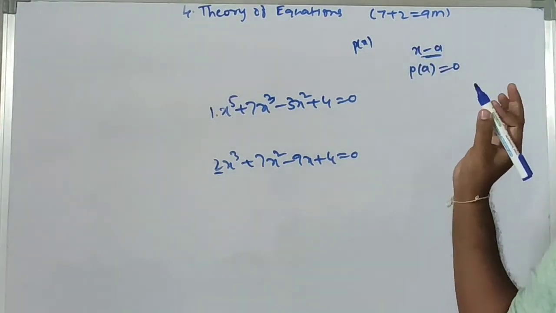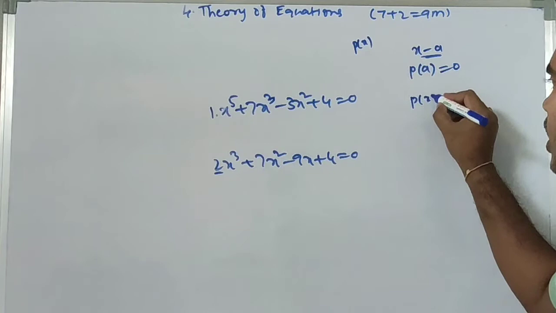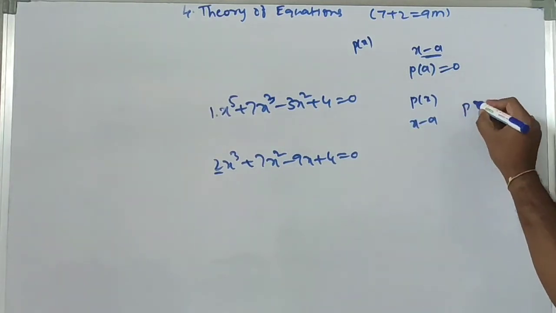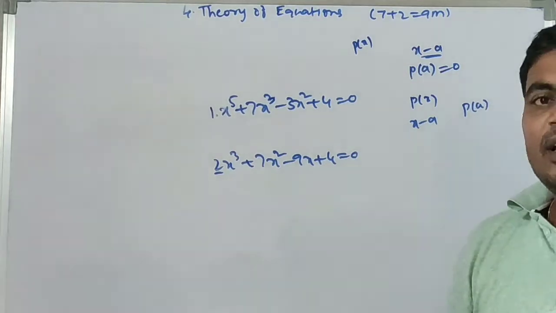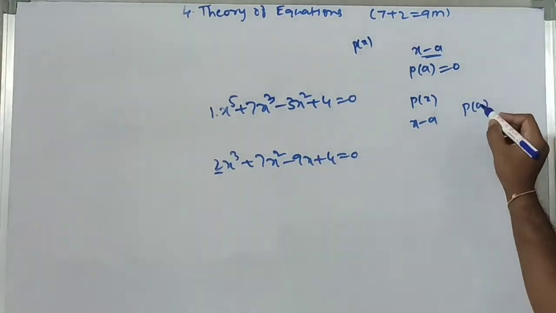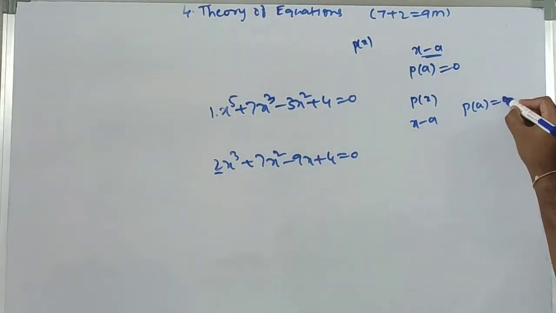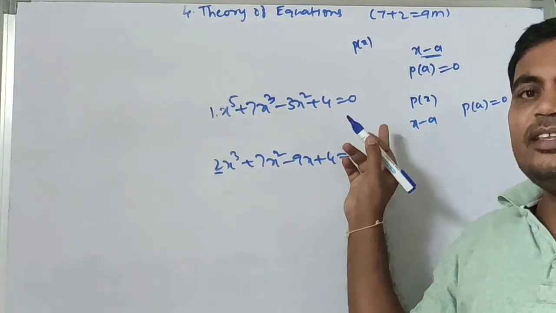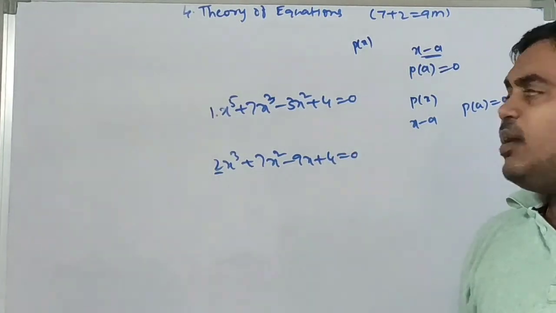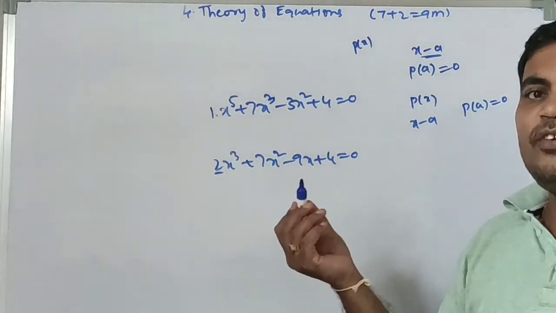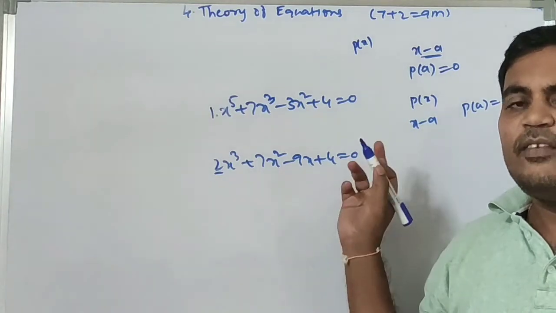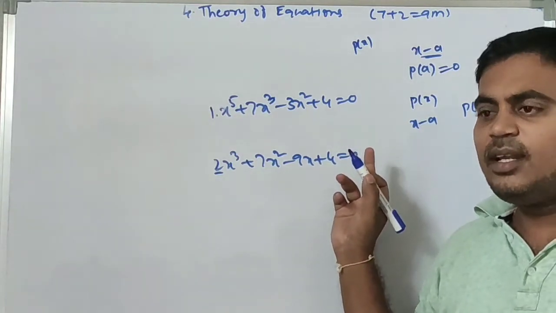This is the factor theorem. One more time: p of x is a polynomial, and we divide it by x minus a; then the remainder is p of a. This is the remainder theorem. If the remainder p of a is equal to 0, then the divisor is called a factor. Then x minus a is a factor of p of x, if we take the equation p of x equal to 0. So this is the factor theorem and remainder theorem.